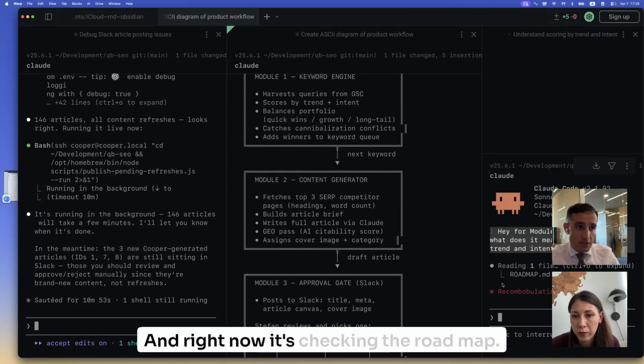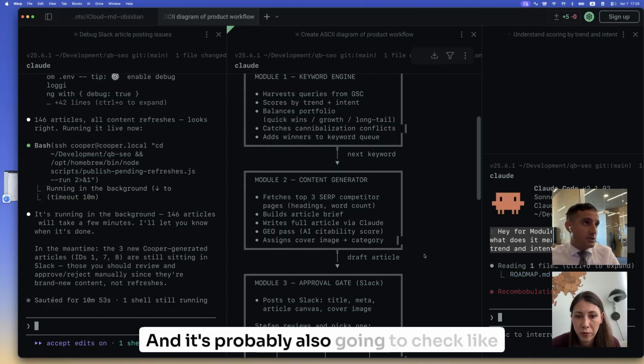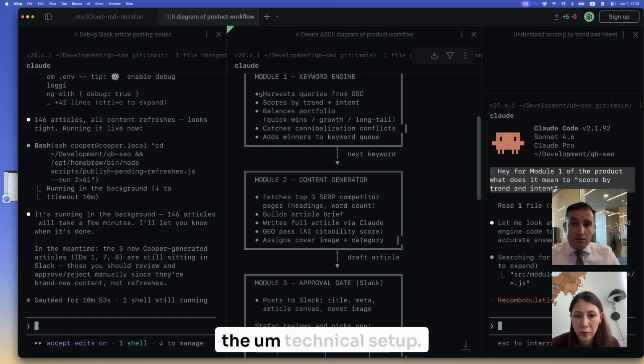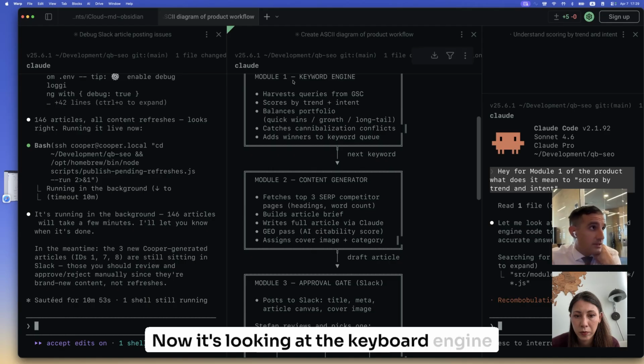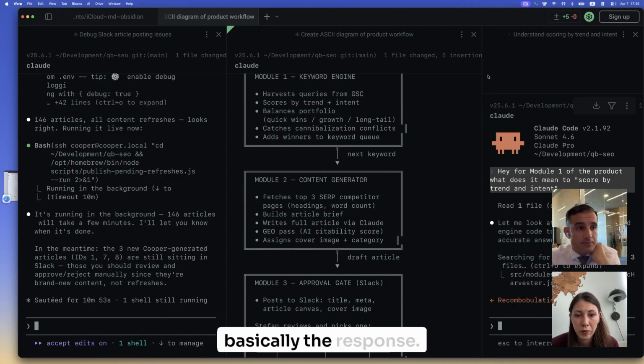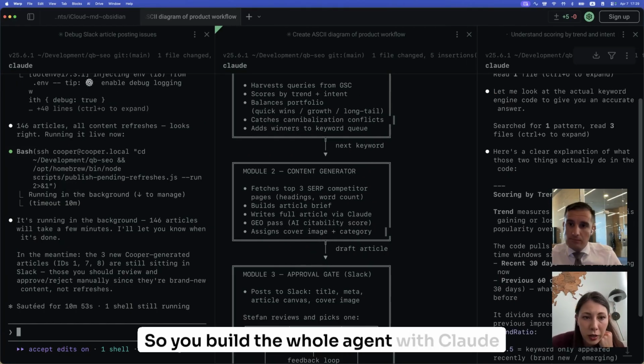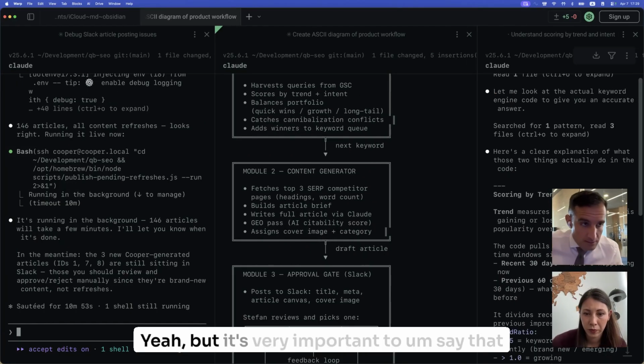And right now it's checking the roadmap. And it's probably also going to check the technical setup. Now it's looking at the keyword engine module, like this one. And in a little bit, it's going to give us the response. Okay. So you built the whole agent with Claude Code. Yeah, but it's very important